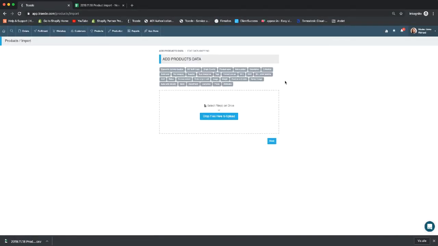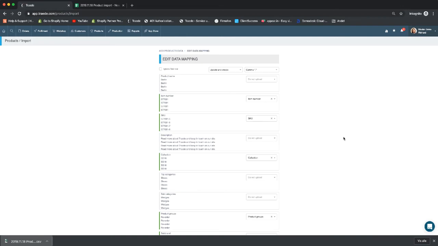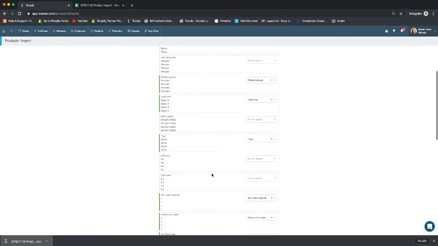From here we have an upload field. I will take my saved document. I can do this either by dragging it into it or pressing the drop file here to upload and then find it in my computer, my hard disk, and then put it in, but I'll just drag it. When it looks like this again, I can click next, and now I have all the columns that I've added